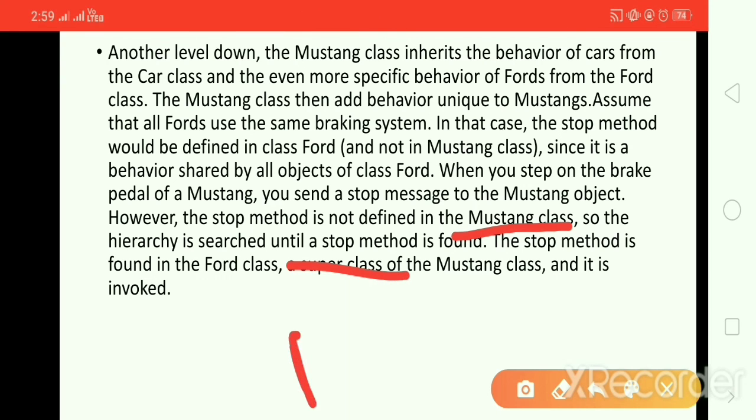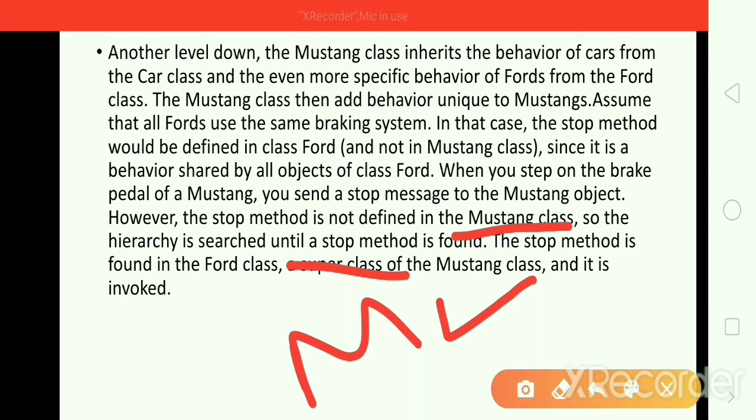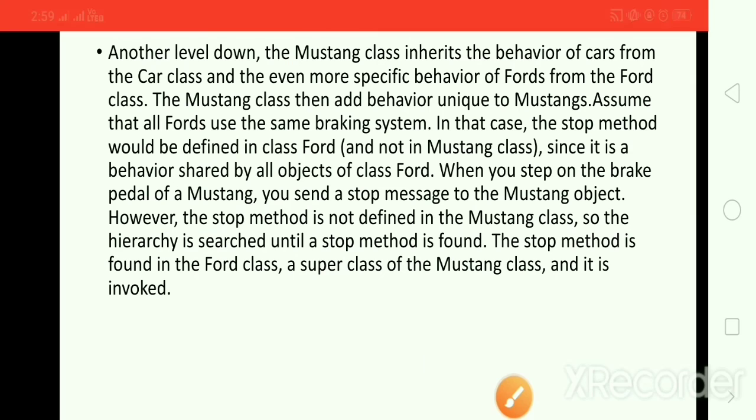See guys, you are trying to stop the car with the method stop in the Mustang, but it is not there. It is there in the Ford. Then it goes on searching for the stop method in the Ford because it is defined in the Ford car class.